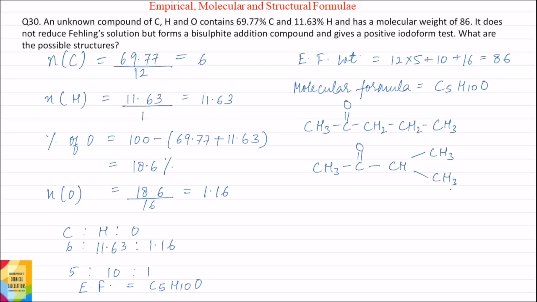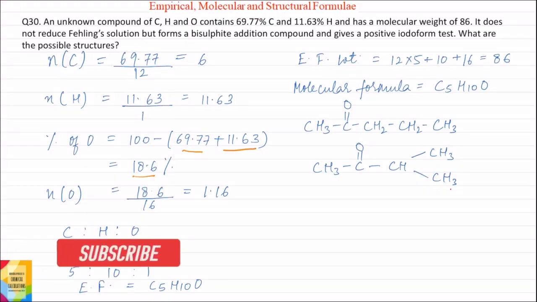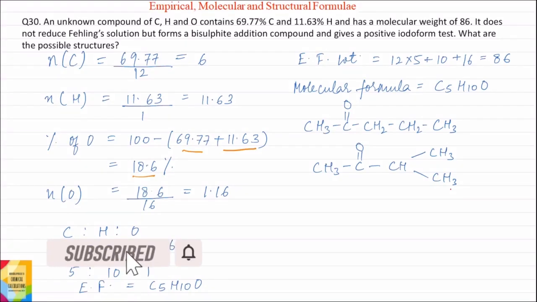Percentage of oxygen will be 100 minus percentage of carbon plus percentage of hydrogen, which is equal to 18.6%. Now that the percentage of oxygen is known, moles of oxygen will be percentage of oxygen divided by its atomic weight, that is 18.6 divided by 16, which is equal to 1.16. Now the ratio of the moles of carbon, hydrogen and oxygen is